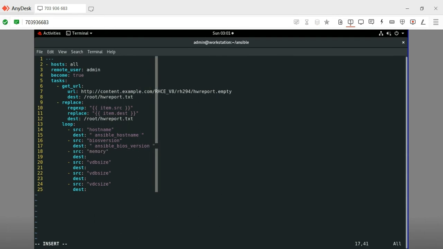Then the next one is the ansible_memtotal_mb, and the VDB size is the ansible_devices.vdb.size,